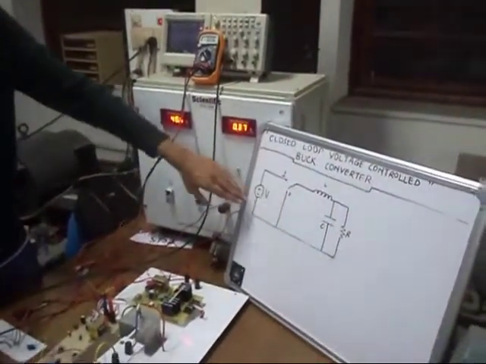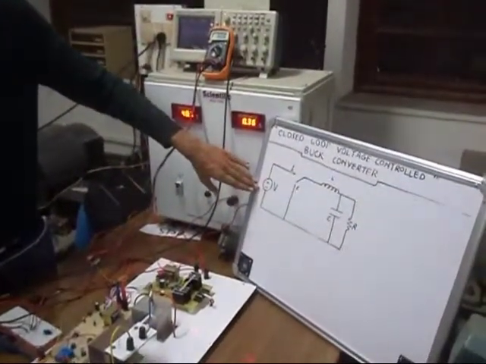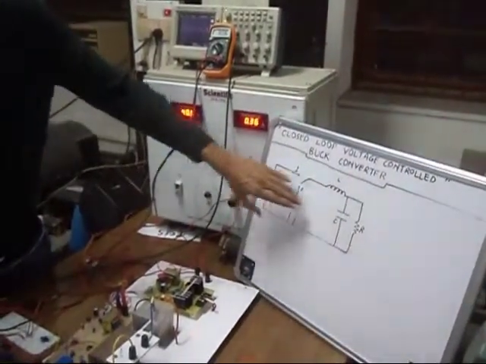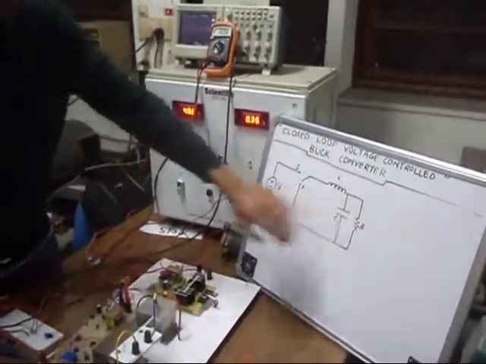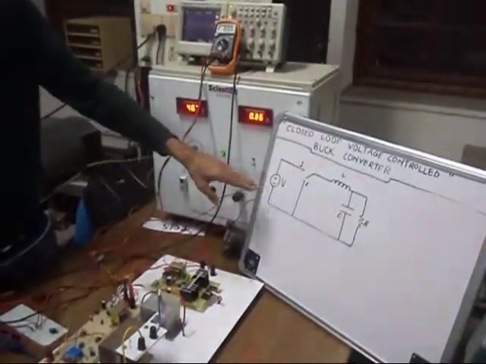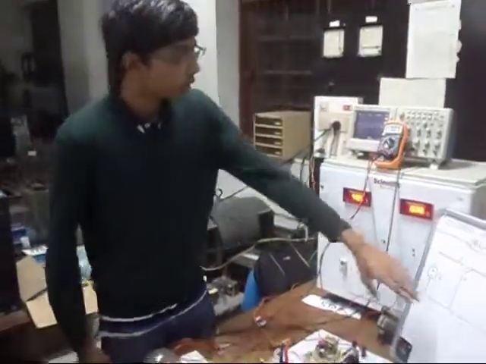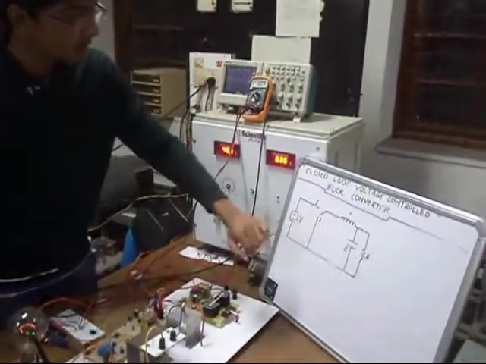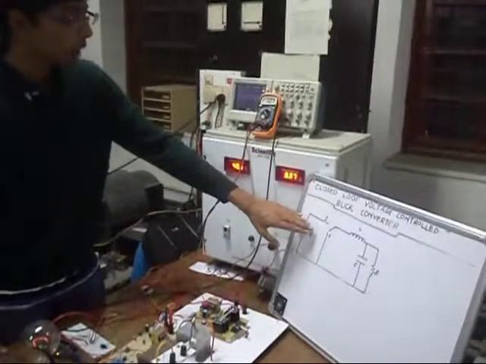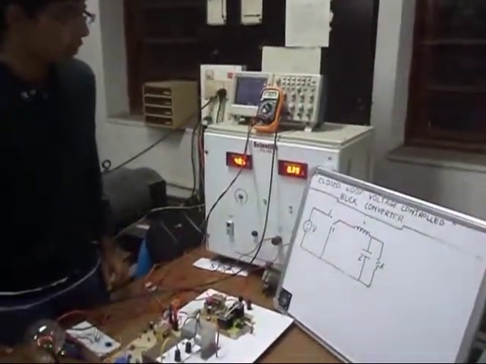At position 1 the output is connected directly to the input voltage, so we will have direct voltage from the voltage source at our load. At switch position 2 the voltage source is cut off, and we will have magnetic energy stored in the inductor. So to change the voltage output at resistance R, we can use the duty cycle and decide for what time the switch should be on, at position 1, and for what time the switch should be at position 2.